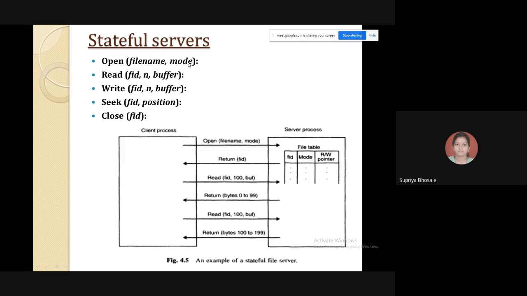So as I have opened it in the read mode, my cursor will be at the 0th bit. Okay, so if I'm opening that particular file in a write mode, then